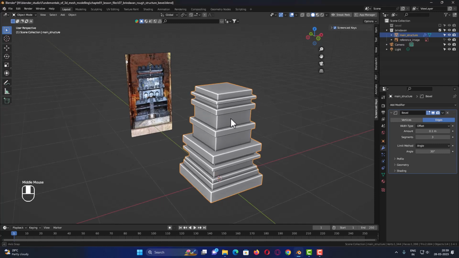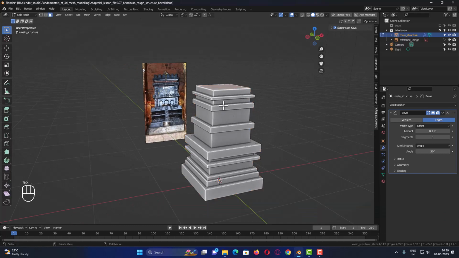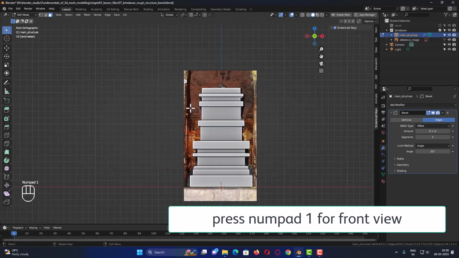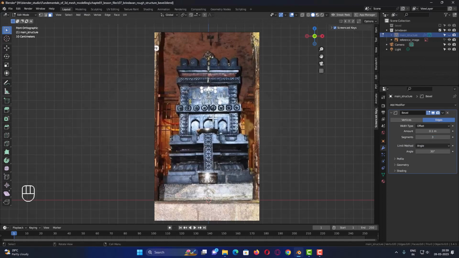Now to begin with, I select this Brindavan and I will press Tab on the keyboard to enter into the edit mode. Now I am in edit mode. Now in edit mode, if I press numpad 1 to come to the front view, I will temporarily switch off the main structure here by clicking on this eye icon. Now if you carefully observe this structure